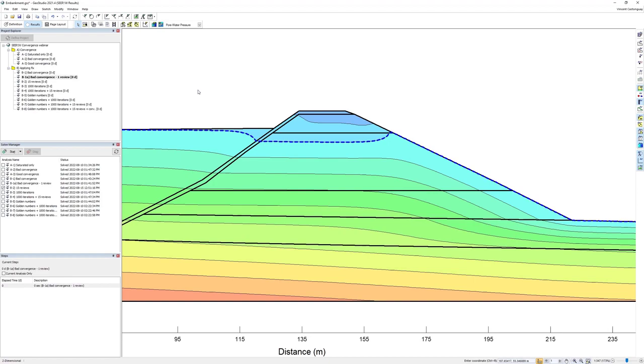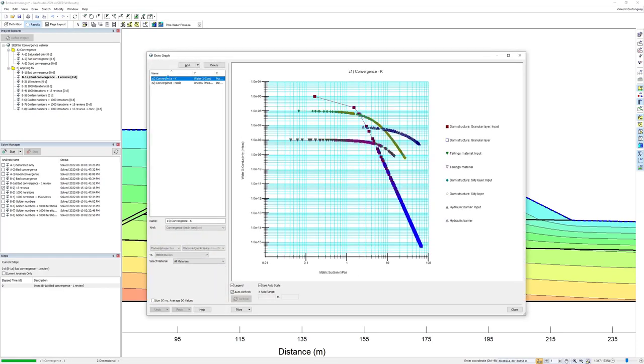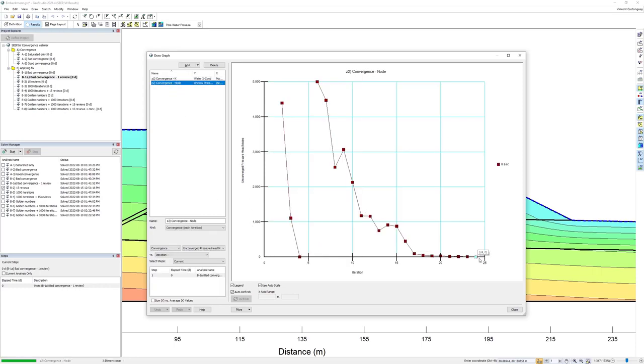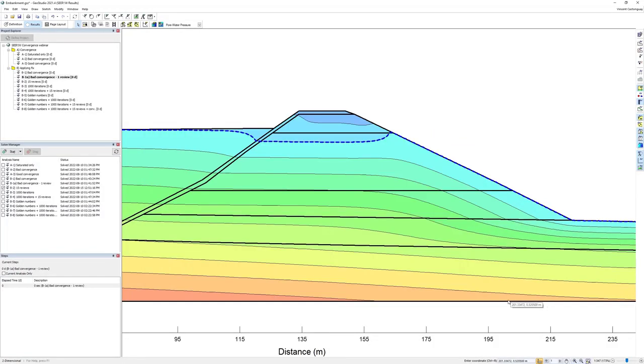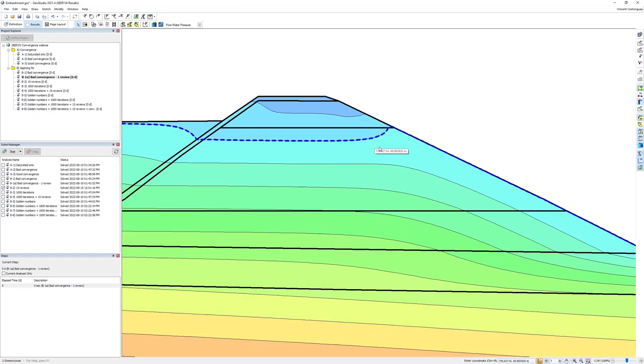Here is what the pore water pressure distribution looks like after the first review. As we can see, no convergence symbols are being displayed, confirming that proper convergence was achieved. If we take a look at our two convergence plots, we see that all the hydraulic conductivity functions were well respected by the solver, and the unconverged pressure head nodes correctly indicate 0 at the end of the review. So all seems well. However, the clever geotechnical engineers that we are will rapidly spot that weird-looking phreatic surface near